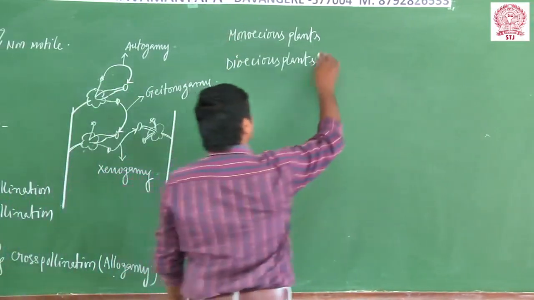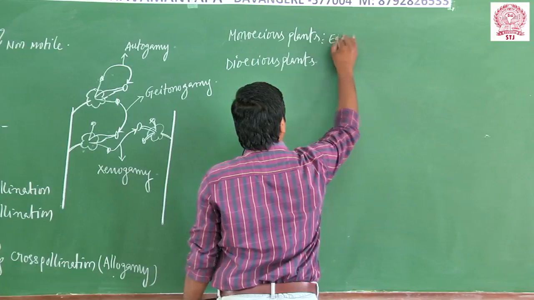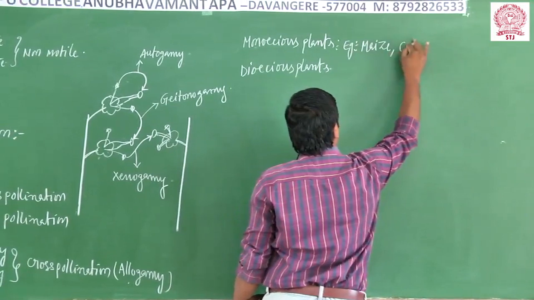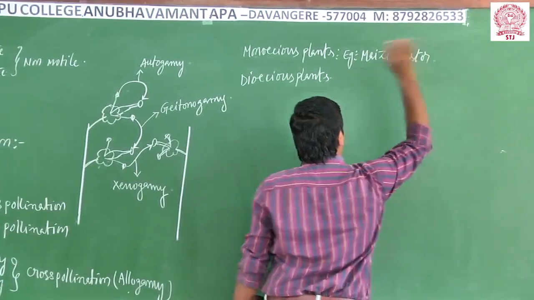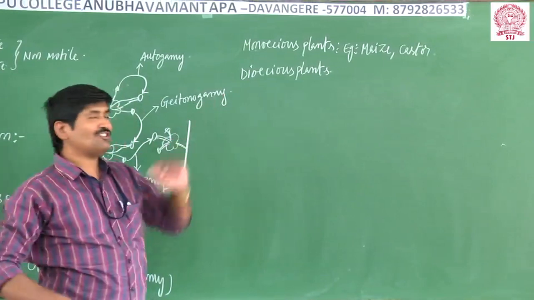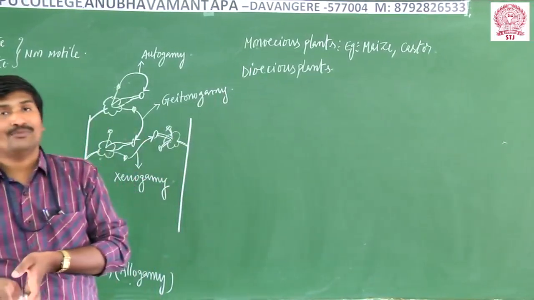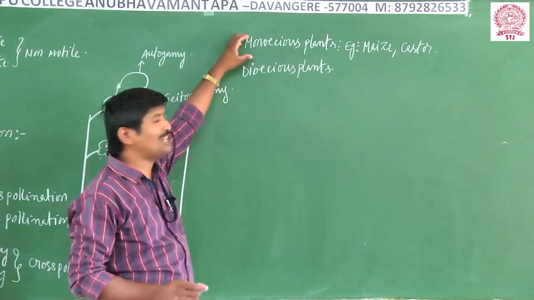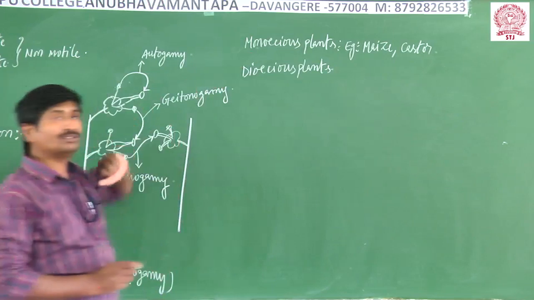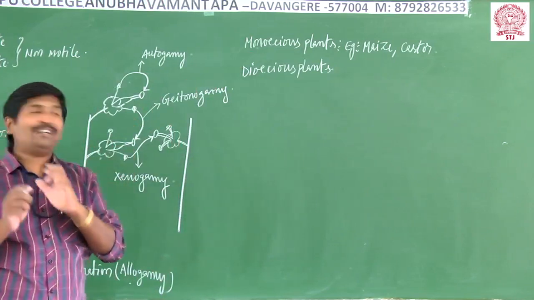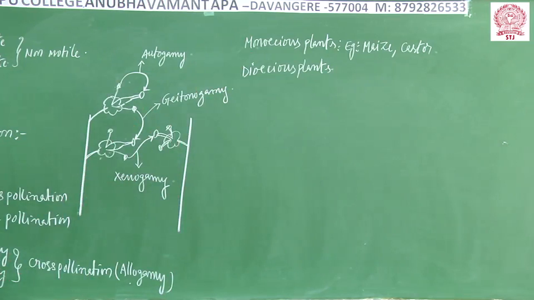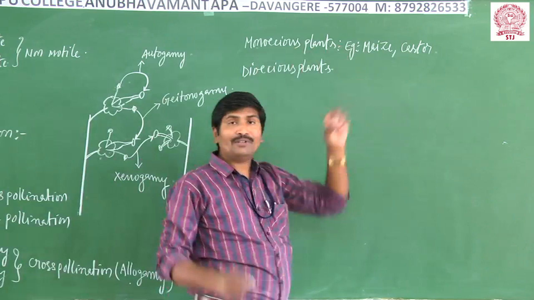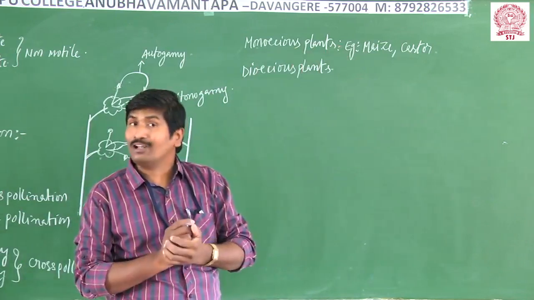What are the examples? Monoecious plants, maize, and castor. So this one is a monoecious plant. The male and the female flowers are present on the same plant. See, in these monoecious plants, which type of pollination is prevented? Autogamy. The monoecious plants prevent autogamy, but not the